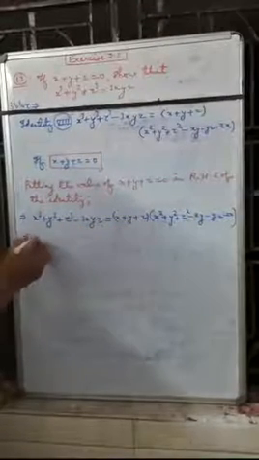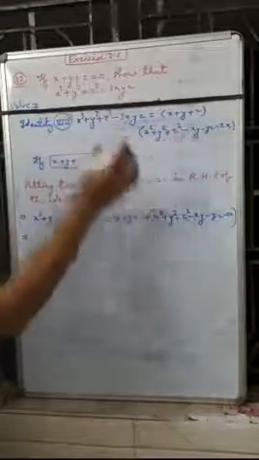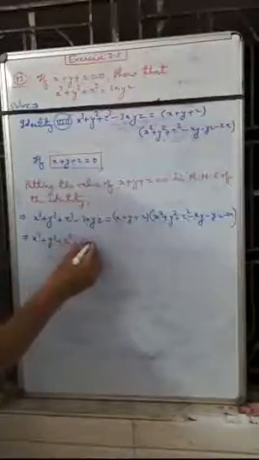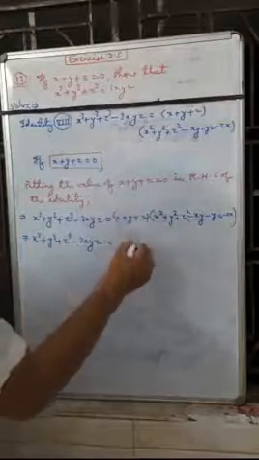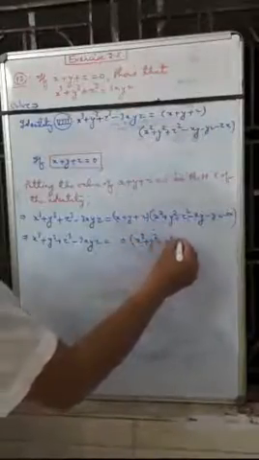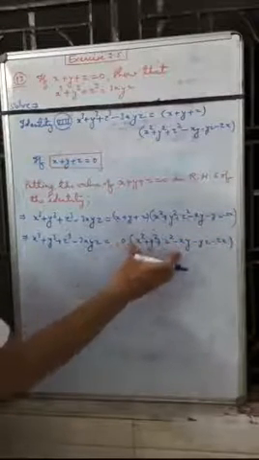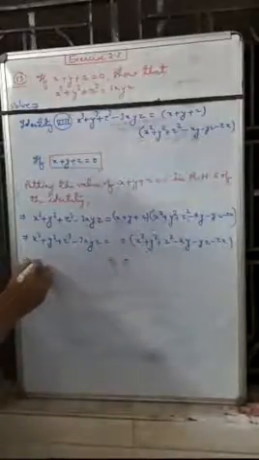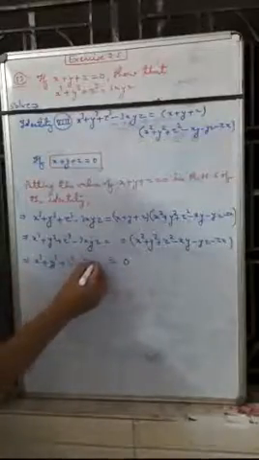Now we are putting in the right hand side x plus y plus z equal to 0, as it is given in the problem. So x cube plus y cube plus z cube minus 3xyz is equal to 0 times that bracket which we have written again. If 0 is multiplied to this whole bracket, we will get the solution equal to 0. So again we copied the step here.